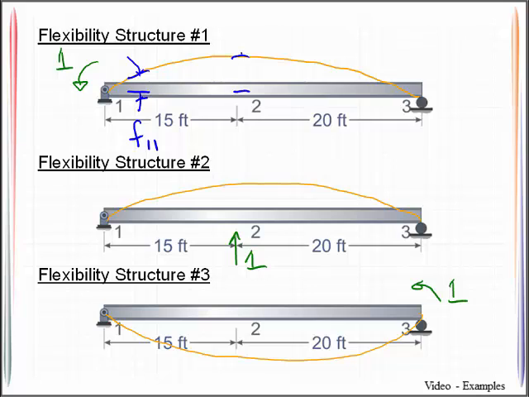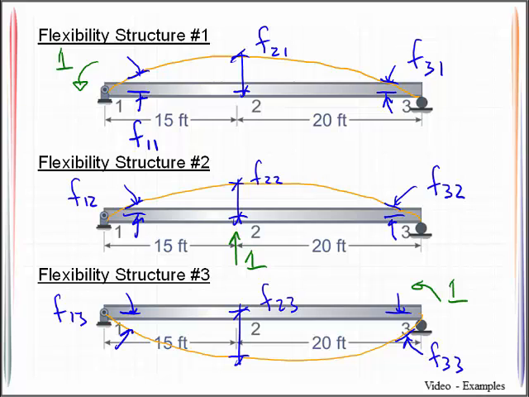And more explicitly, the way we ought to read this is it is the displacement at 2 due to a unit moment at 1. Displacement at 3 due to a unit moment at 1. And so in short, what we recognize is that when we calculate flexibility coefficients, it's nothing more than calculating deflections at certain locations. Now because these beams are simply supported, it becomes very easy then to use beam charts to